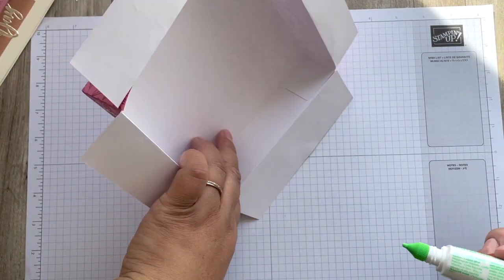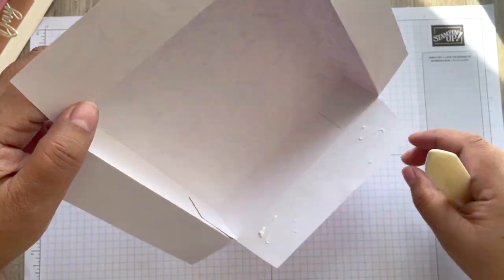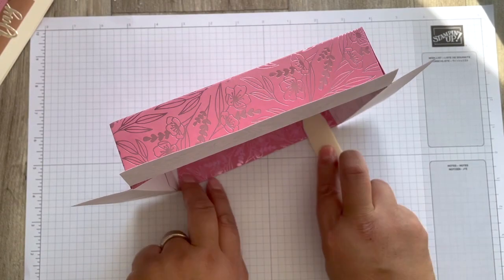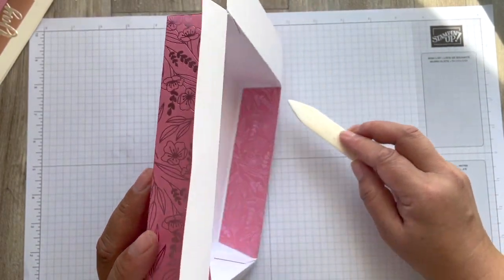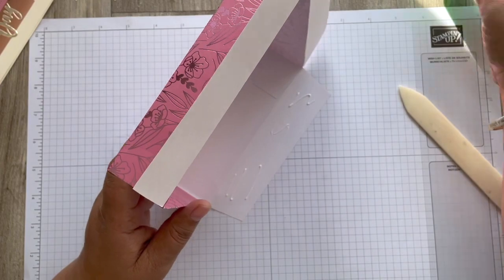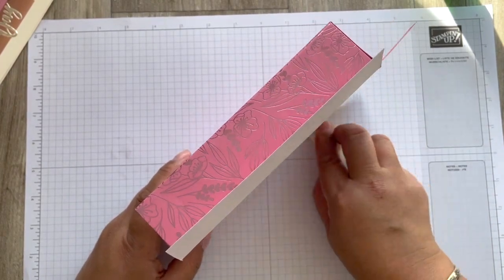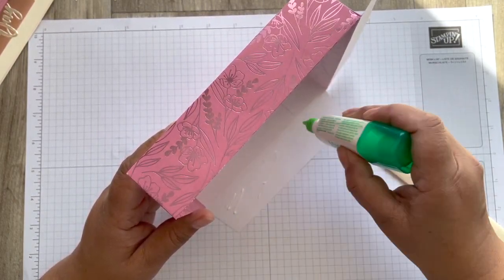So then I'm going to put some glue on this side. Now I have got a bone folder, so it's going to help me, but you can just use your fingers. So you just need to put that in, and I'm going to just reinforce it with this bone folder so that the glue is a nice sort of finish, because you get a nice finish on the edge. So that happens on all four sides. And you can just use your finger if you want to as well, obviously. It works just as well, but